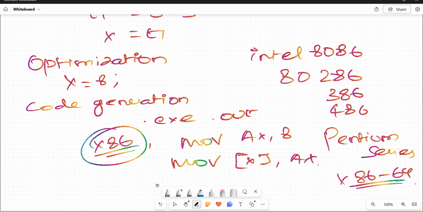So an x86 instruction is a command in binary machine code or assembly that the CPU understands and executes according to the x86 ISA rules. So ISA, as I mentioned earlier, means instruction set architecture. Okay,